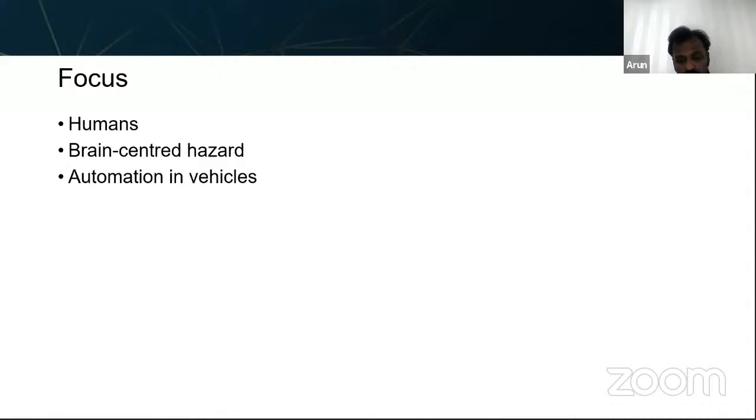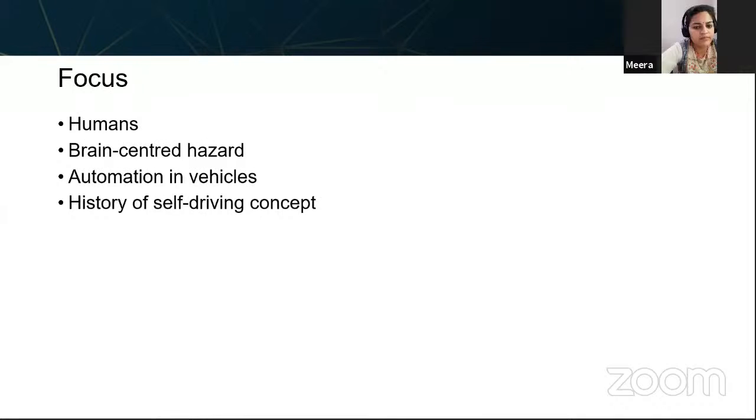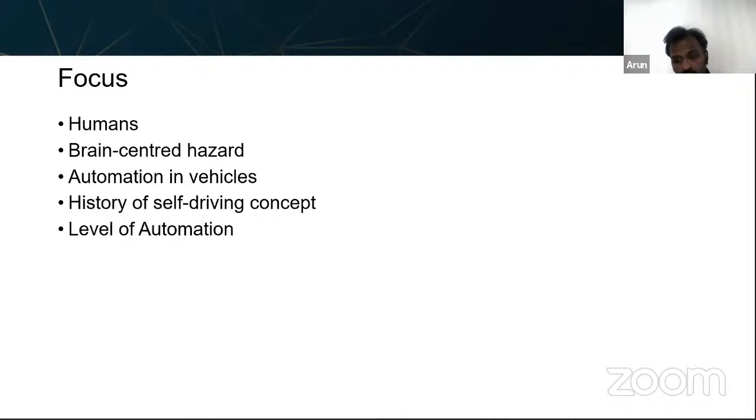I also wanted to give you an introduction to automation in vehicles. What's the current status? What's happening with the automation levels, and how are the vehicle manufacturers able to adapt to those automation levels? And a bit about self-driving concepts, which are actually not new, but probably started in the 1920s. I want to give you a quick history of how this whole thing has evolved, and also the levels of automation,